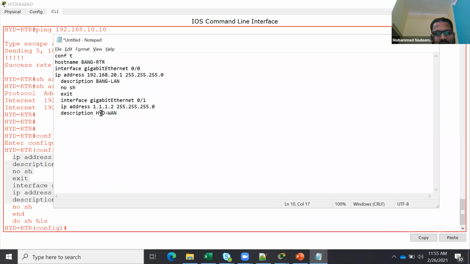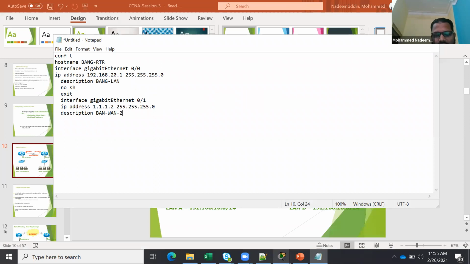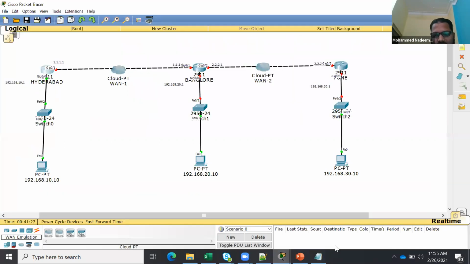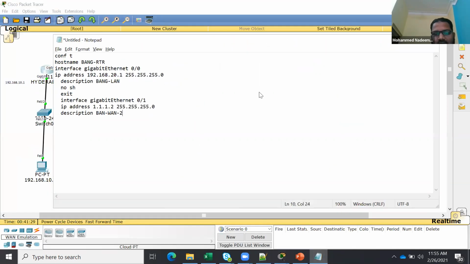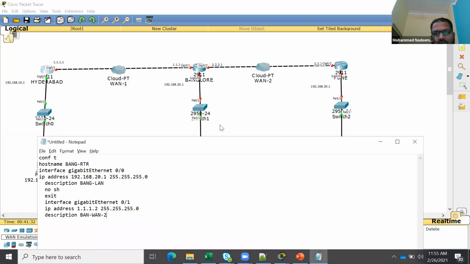And it will be my Bangalore WAN 1, because Bangalore has two WAN connectivity, right? And we have another interface also. If you go and check here, see, we have another interface also, GigabitEthernet 0/2. So I am going to configure that also.